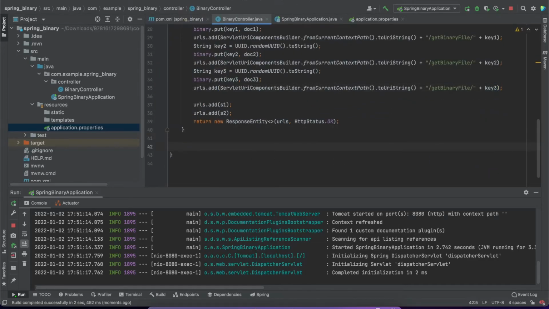Let's say get mapping for get binary file, right? Command C, command P. Okay, public response entity, it could be of any type, get binary file. Okay,